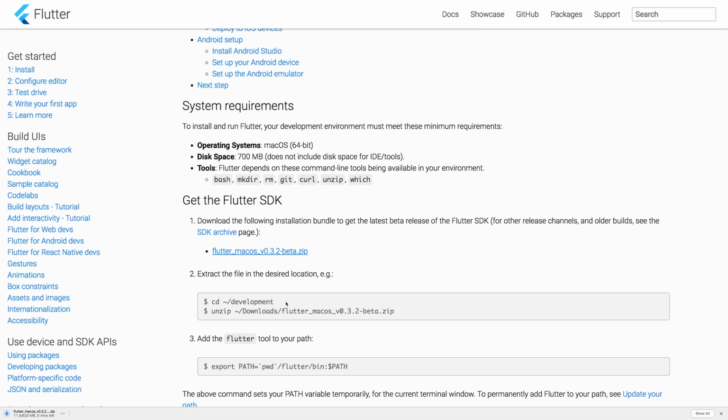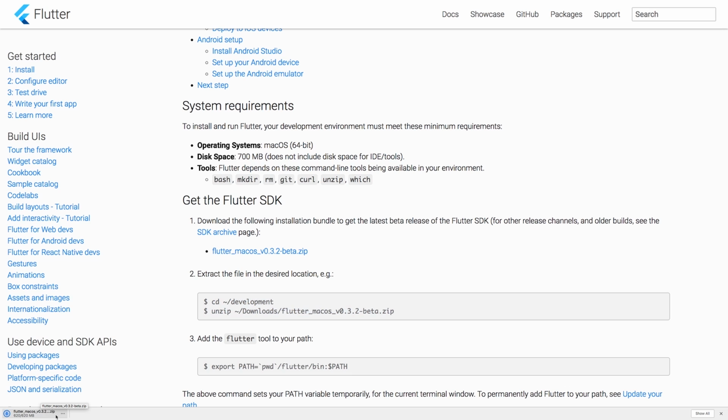And this can take a while. As you can see, it's quite a big file. So I will jump forward to the point of time where this already is downloaded. The download just finished for me. You can now simply unzip this, and you can do that with the command you see here,